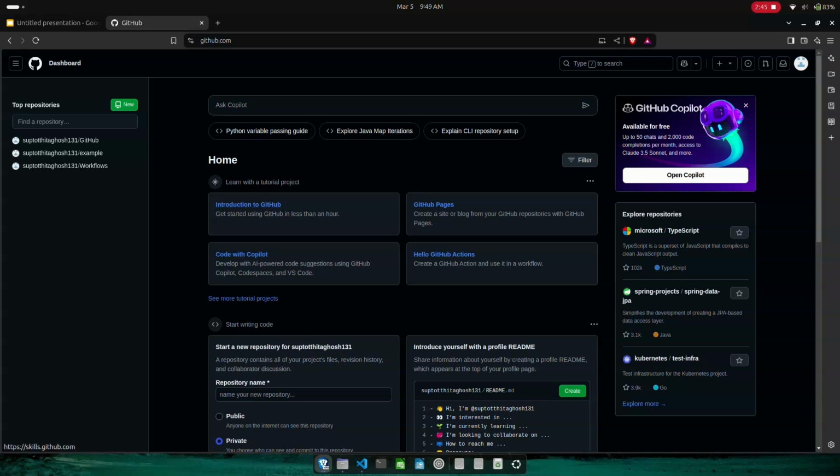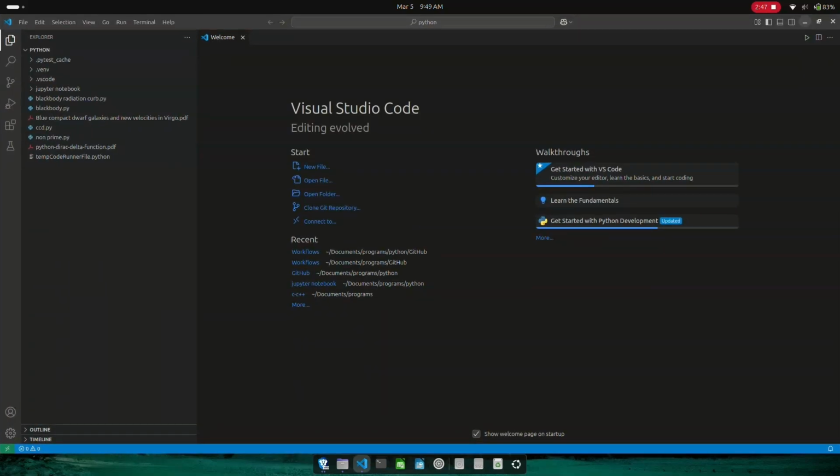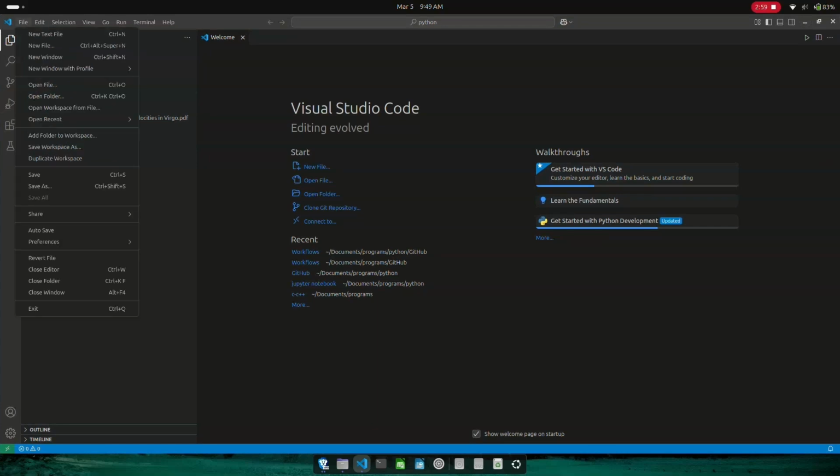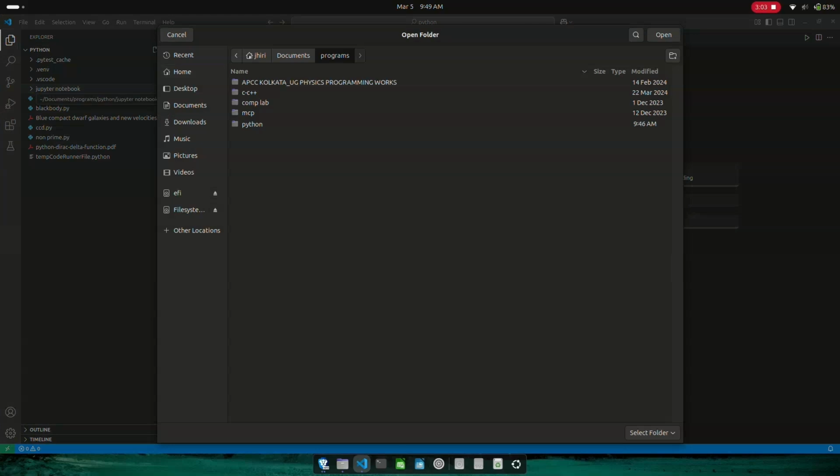All right, so we can go to Visual Studio Code and we'll have to create a folder called GitHub, and inside the folder we'll create another folder called workflows where we will be working. For that we can go to File and then Open folder. Let's create a folder inside the folder called Python. This is the create new folder icon. In case of Windows, you will have an option called new folder. You can also right click to get that option.